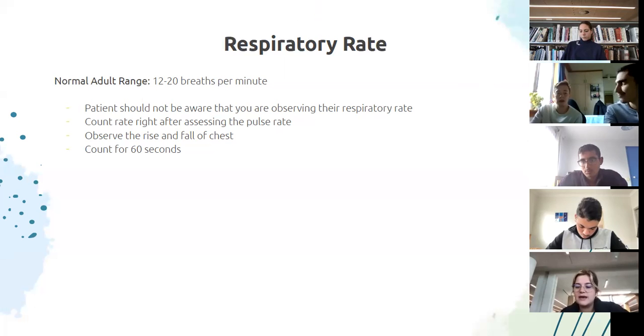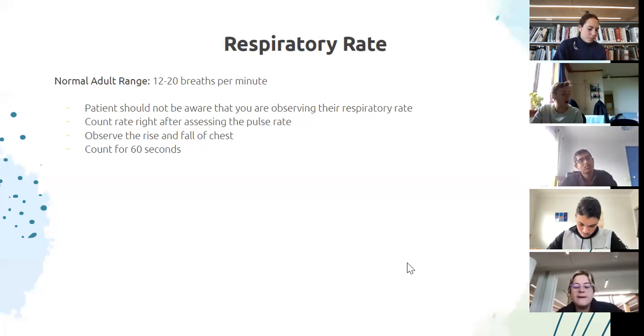For respiratory rate, because they don't breathe a lot in a minute, you want to count for 60 seconds straight. So you don't want to do the 30 seconds and times by 2. It can also be really hard. When we were practicing this in clin skills, it's hard because you've just measured their pulse, and so you're trying to remember the number of the pulse while counting the respiratory rate. I think it would probably just take practice to get good at both. It's also sometimes really hard to see their chest rise and fall, like if they're wearing a jumper. Our clin skills tutor said like